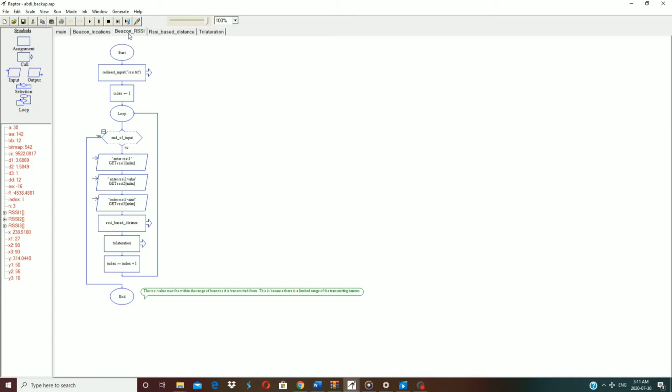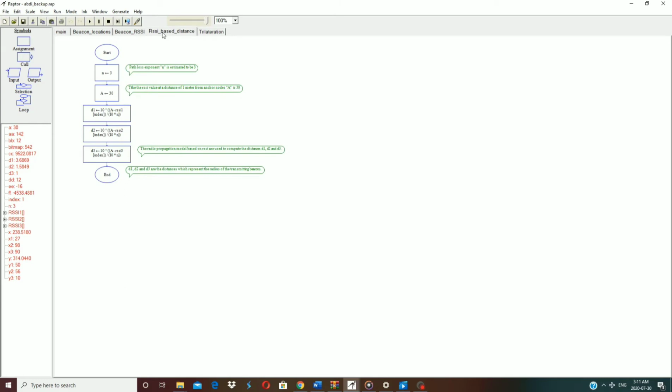So this function will basically direct the program to a file that contains pre-recorded RSSI values that essentially will emulate real-life RSSI values based on the location of the target node. So as in real life, of course, the further the target node is away from the beacon, the lower the RSSI value will be. So we have assigned random RSSI values that would imply that the target node is at a different location. And from there onwards, we calculate the distance based on the RSSI value using the wave